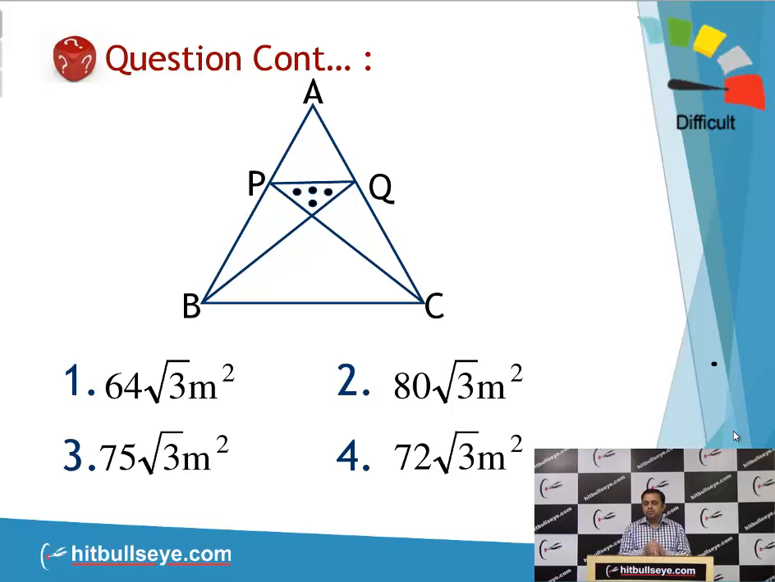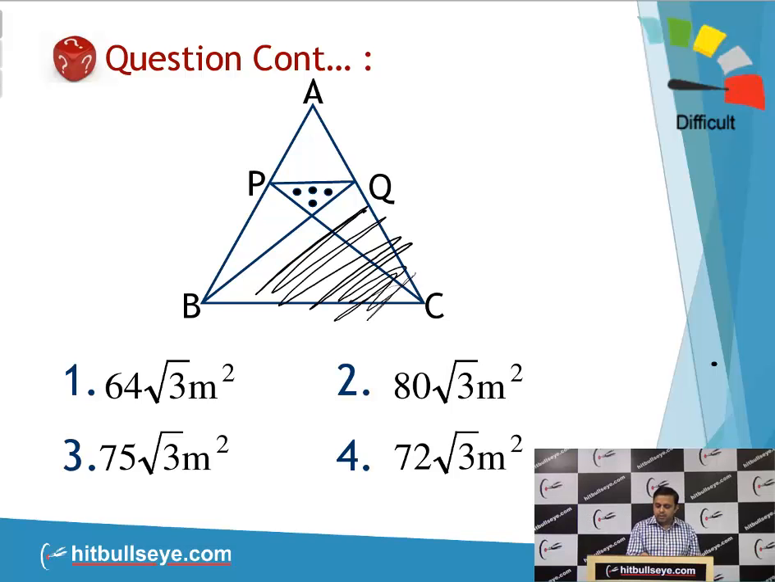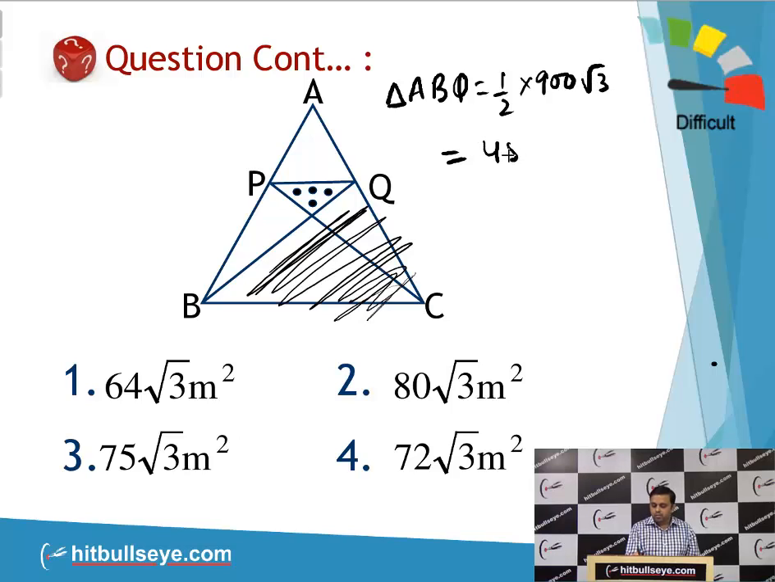What we will do here is we will apply the simple concept that the median divides the triangle into two equal areas. Now, if median divides the triangle into two equal areas and if BQ is the median, so if I reject this triangle BQC, can I say the area of triangle ABQ is half of the total area, which is 900 root 3, and this value will come out to be